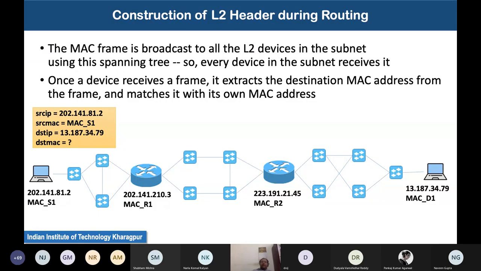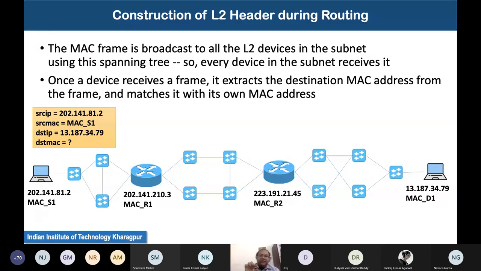Now, to avoid such a forwarding loop, we use the spanning tree architecture, so that the routing loop is avoided. Over that spanning tree, I broadcast the packet. Broadcast means every layer 2 device in that subnet will receive that packet, and that happens in our Ethernet network. Within your subnet, you actually receive all the packets for all the different machines. Whenever we discuss the data link layer, I will explain that to you in detail with an example. But for the time being, just take it that through that broadcast, once the device receives a frame,